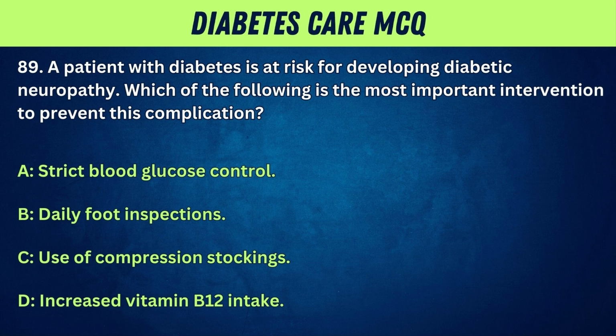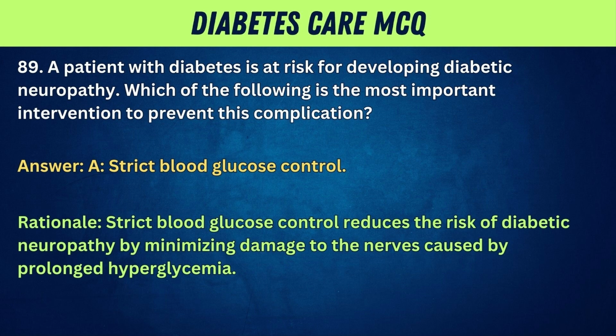A. Strict blood glucose control. B. Daily foot inspections. C. Use of compression stockings. D. Increased vitamin B12 intake. Answer. A. Strict blood glucose control. Rationale. Strict blood glucose control reduces the risk of diabetic neuropathy by minimizing damage to the nerves caused by prolonged